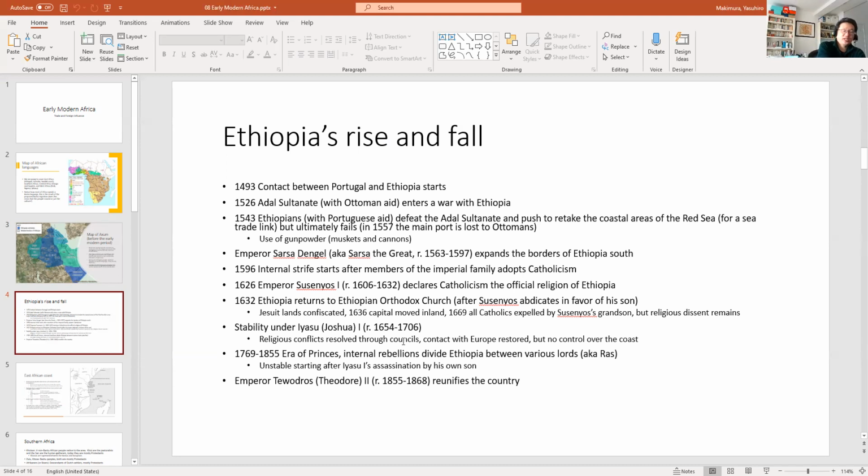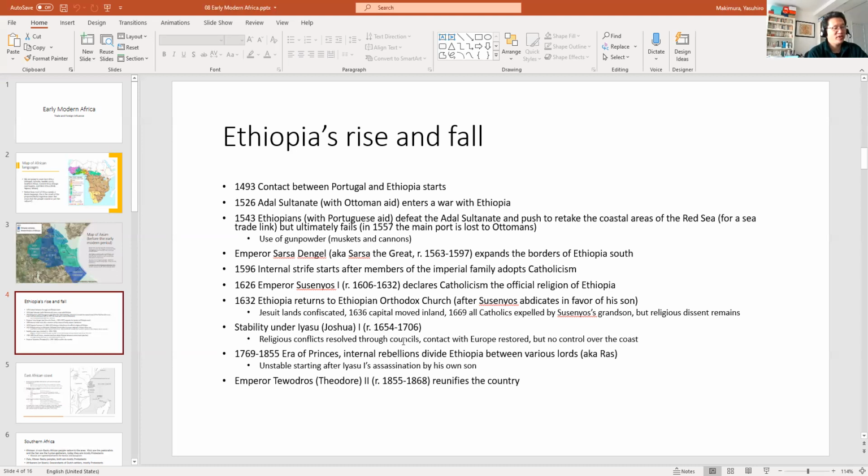But they actually continue to get help from the Portuguese, and the Portuguese not only bring gunpowder and know-how on how to use muskets, they also bring Jesuit missionaries, and slowly Christianity in the Catholic faith begins to spread, right? But the Ethiopian people are Orthodox. They're the second country to adopt Christianity. Their version of Christianity is older than Catholic Christianity, or so they think. So, they're not too happy with these new conversions that are happening in Ethiopia.